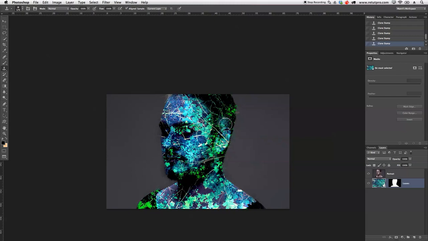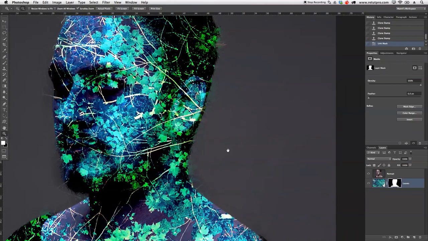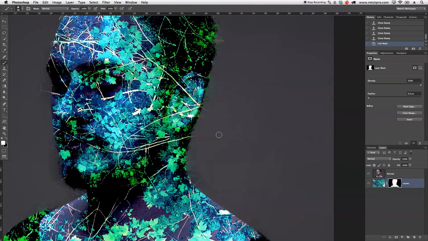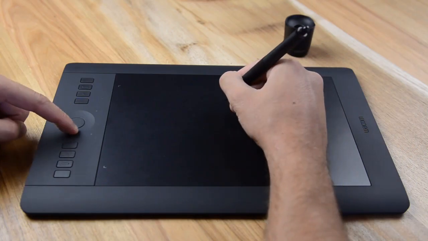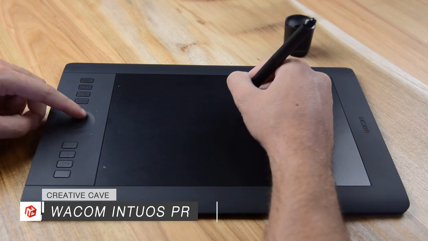Okay, and that's all. So for the next step, I want to go back to the mask over here. We can also select the link again so it's not moving around, and the mask, and I'm literally just going to zoom a little bit. And I'm going to press B for the brush, and brush out the edges here a little bit. So I'm working with the Wacom Cintiq 5 Pro tablet, and via the tablet I have a little